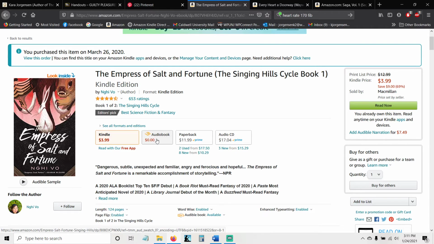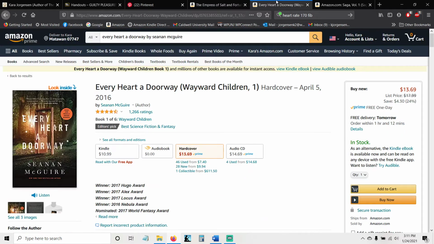So, I'm trying to think if there's anything with this. So, this is the first book, like I said, The Empress of Salt and Fortune. The second book is Every Heart a Doorway by Seanan McGuire. And what I really like about this one is that it is a young adult novel. It has to do kind of with a portal fantasy, so accidentally walking into other worlds. Very diverse, very interesting. Very, very good world building. So we'll get to that. And the last one is